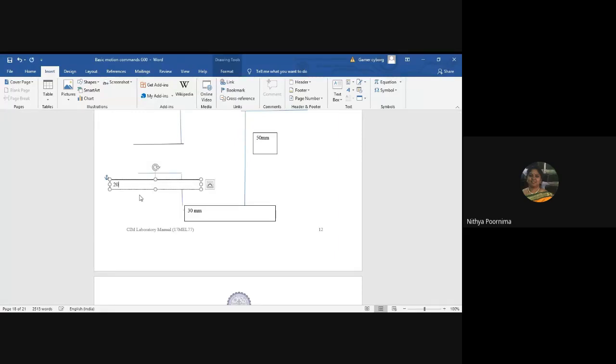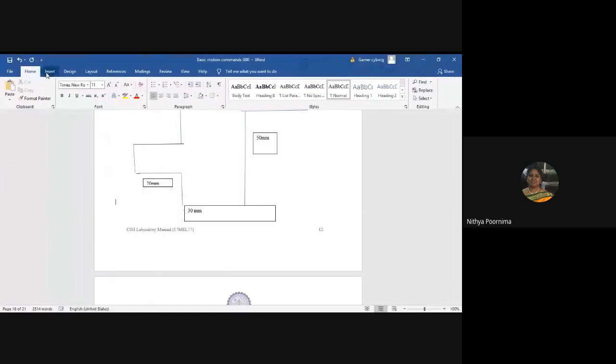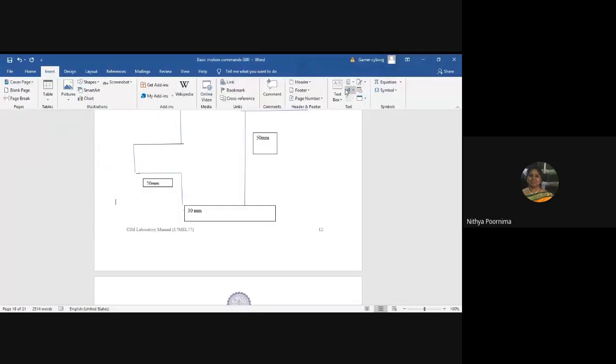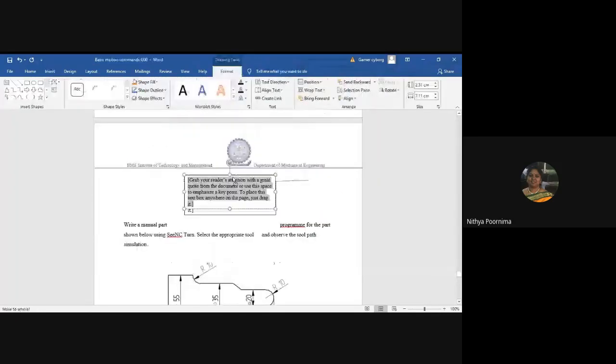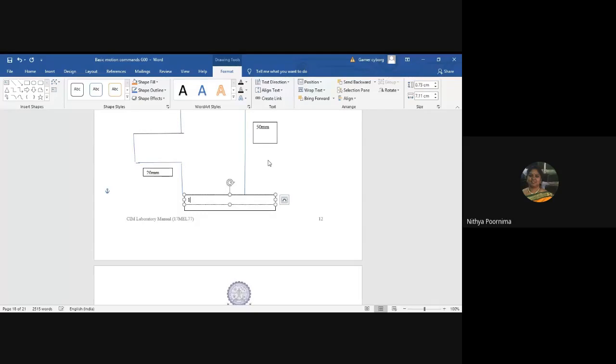This I'll keep as 20 mm. This will be 10.